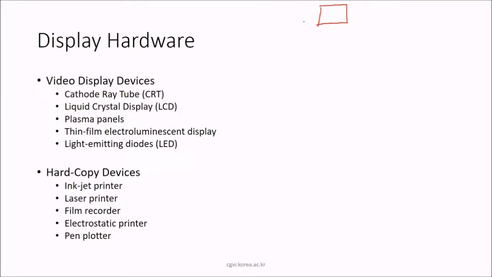The display is where you see the output. There are systems where a display is not there, so it is not an essential part of a computer, but for graphics it becomes very necessary to have some display device. For displaying various 2D and 3D figures and graphics, you would require specialized display hardware. Video display devices could be CRT, that is cathode ray tube, LCDs, liquid crystal displays, plasma panels, then the thin film transistor, that is TFT,